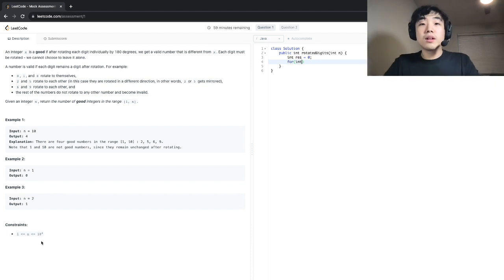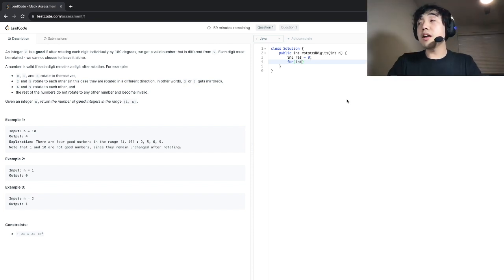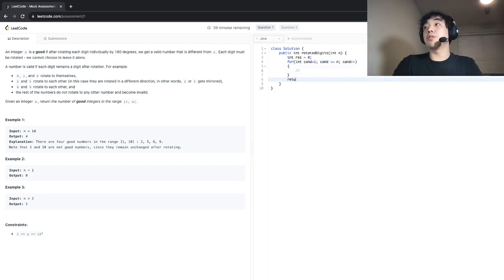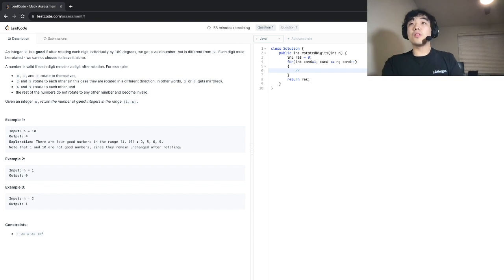N is only up to 10 to the 4, so we can iterate over every candidate that we check in the range from 1 to n. So cand is going to be a candidate value. It starts at 1 and it goes up to n. And we can start that with a for loop. And res is going to be the output value for this method, aka the result for the number of good